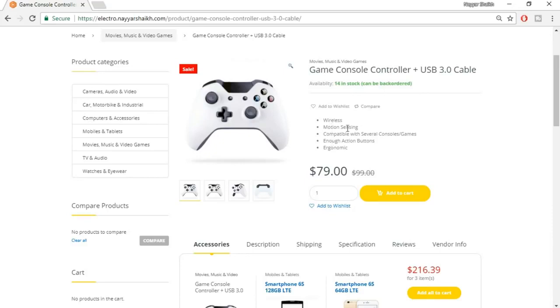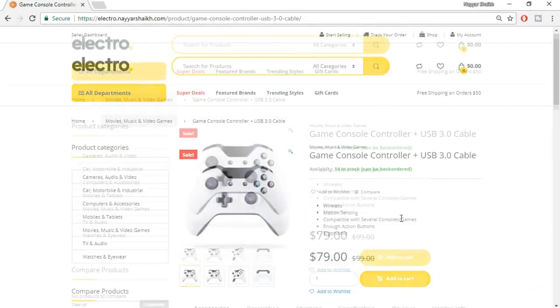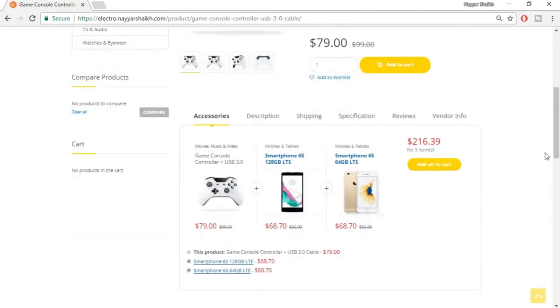Then this is the short description. It is wireless, motion sensing, and whatever it is. And here is the option to add to wish list, add to cart. Okay, then we have a few more images over here. Then this is a very important feature, I would say. This feature, if you see, it is available on big websites like Amazon and Flipkart. When you're purchasing one product, suppose if you have ever purchased some processor or motherboard from Amazon, then you also